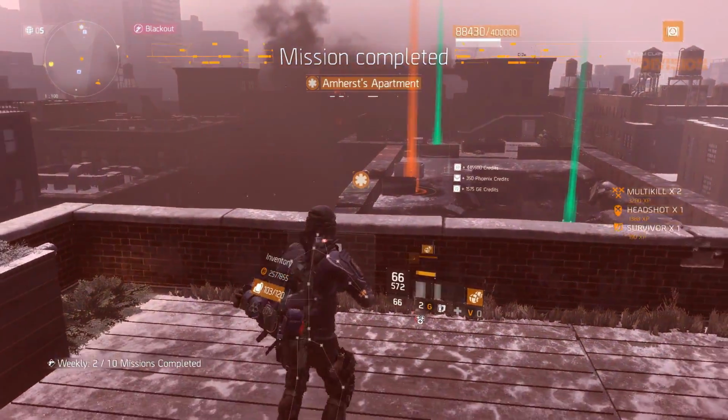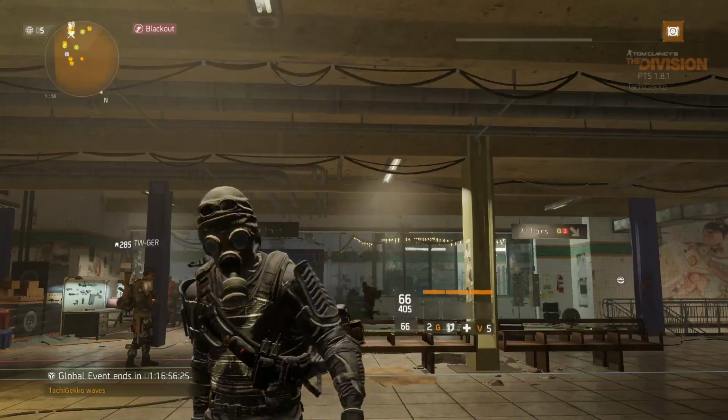The Division Amherst Apartment Legendary Solo Gameplay Tutorial PTS